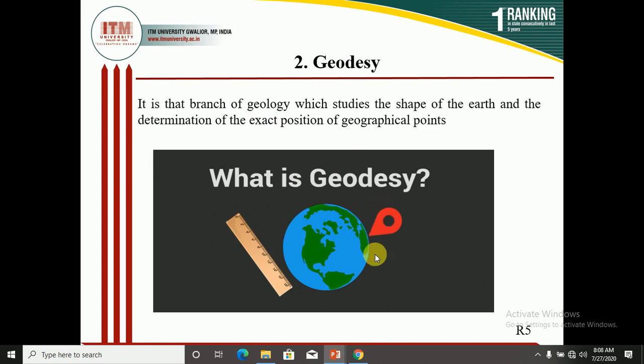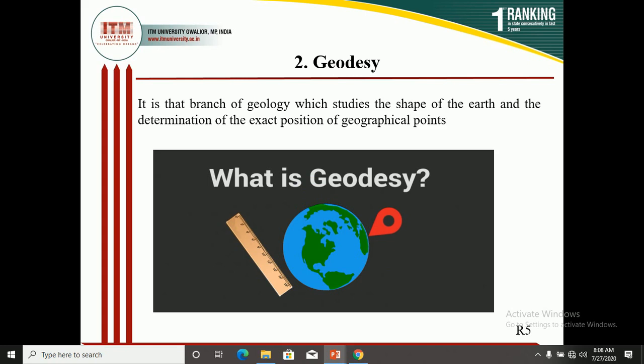Look, here the earth appears to be spherical, but it is not completely spherical. It is only a symbolic representation of the earth. The earth has a different shape, so it is not uniform everywhere throughout. There are certain variations, and those variations are observed keenly by the geodesy process.